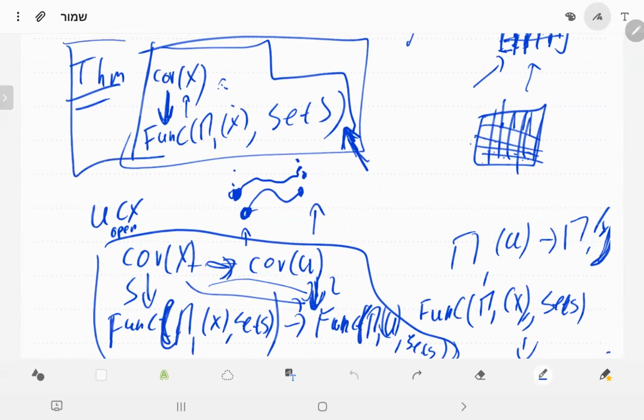So I reformulated the homotopy lifting theorem as an equivalence of two categories. The problem with this reformulation is that it's a bad formulation just to say that two categories are equivalent. It's not enough information. I want some explicit functor between them to be the equivalence. So this specific functor is the one that's given by homotopy lifting, or by path lifting. I basically proved this theorem, or I explained how to construct a functor in one direction. And this is nice, but